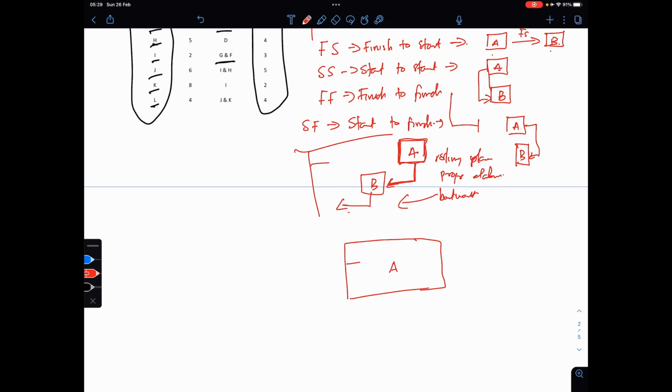So activity A. So this will be the duration. This is early start, early finish, late start, late finish. Okay, so early start is the earliest time we can start this activity, and D is the duration. This is the early finish, this is the late finish, this is the late start, and this is the earliest start. Okay,